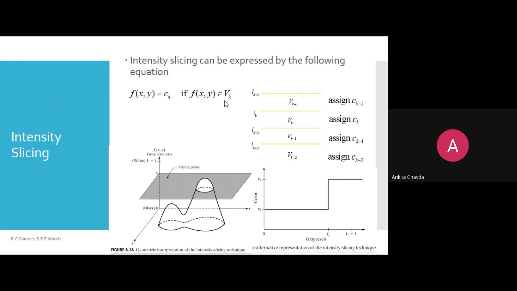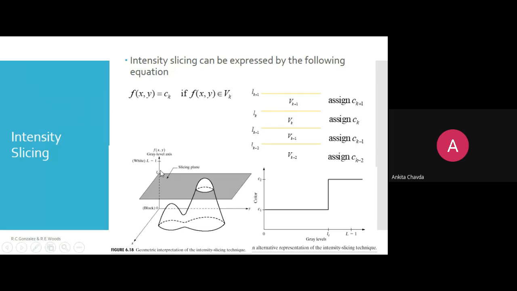What we are doing in this is, this is our plane, with a particular x and y. At that coordinate x and y, you have one intensity value. So intensity is represented by the vertical axis, and this horizontal plane is your x and y. Now, if we are simply slicing at one of the intensities, that is known as